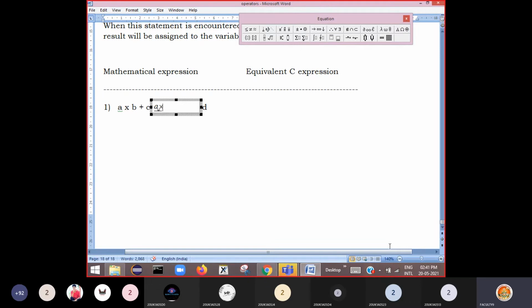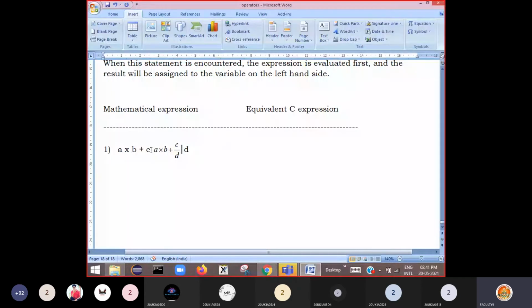Yeah, this is multiplication, A into B. Then plus C divided by D, for example. Now this is the expression, assume. So now the mathematical expression is clear.